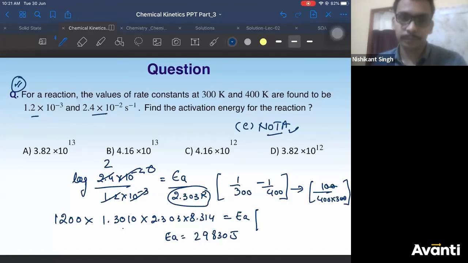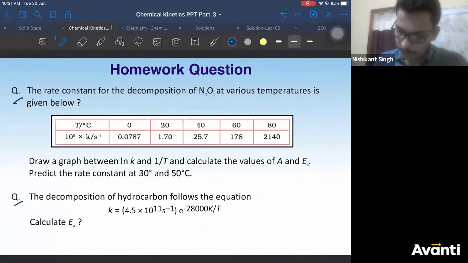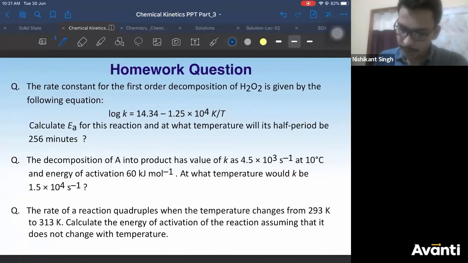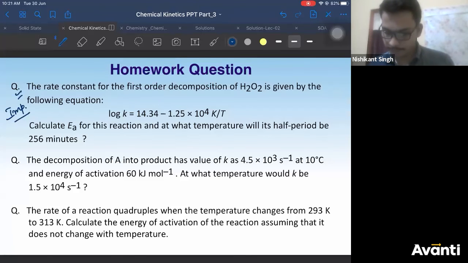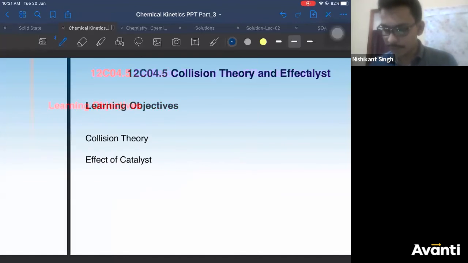Okay? Right. So there are numericals which will be uploaded. You can practice them. This is an important one. Please practice this. It is important for all your exams. Right. So we'll quickly wind up our collision theory. It's a smaller one, so it will not take much time, 5 minutes hardly.